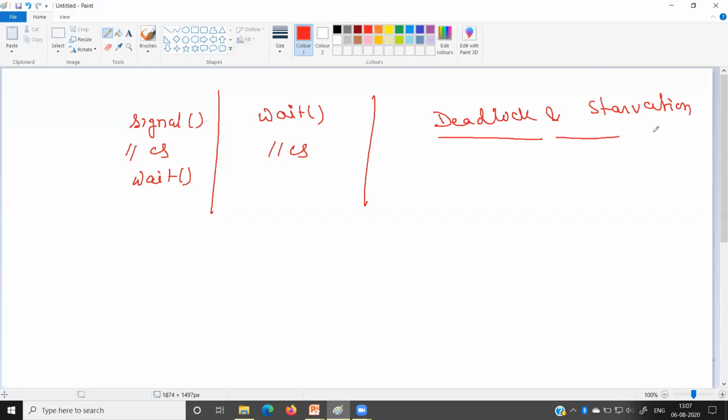I will show you this when I cover the topic of deadlock. I will show you how improper use of the signal and wait functions can generate deadlock or starvation. Here you can see one example: if you write only wait without the signal function, it will always generate deadlock, and it can also generate the starvation problem. Fine. There are so many different combinations, and you have to know the proper way to use this semaphore algorithm to solve the critical section problem.